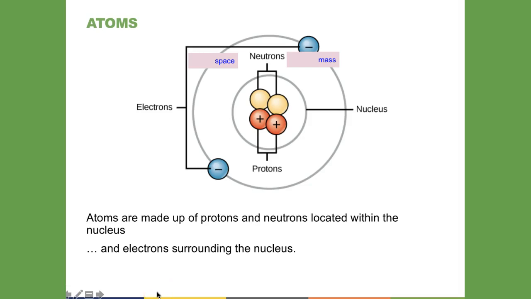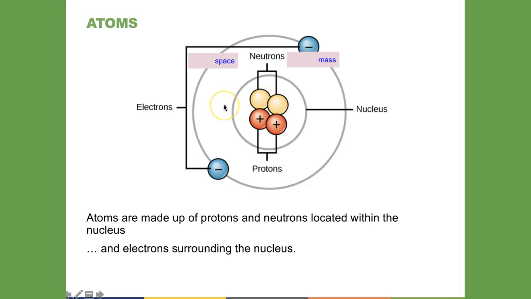So let's start off by figuring out what makes up an atom. Atoms, in the simplest form right here, are made up, first of all, of protons in the nucleus as well as neutrons. As you can see right here, protons are positively charged. Neutrons are neutral. They are not charged at all. Electrons, which are on this orbital shell on the outside, are actually negatively charged. So protons positive, electrons negatively charged on their orbitals, and then neutrons neutral charge. They don't have any charge at all.